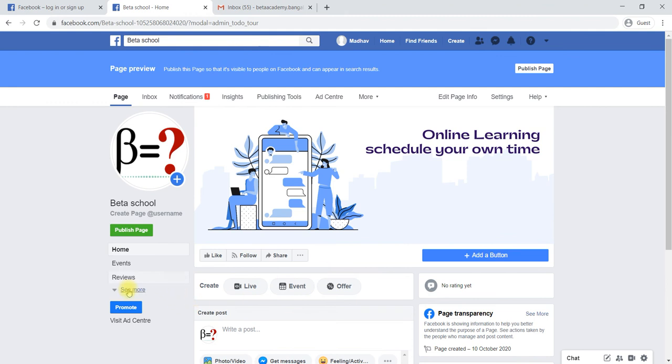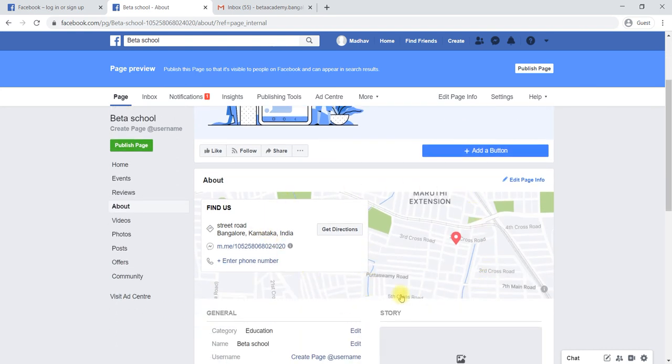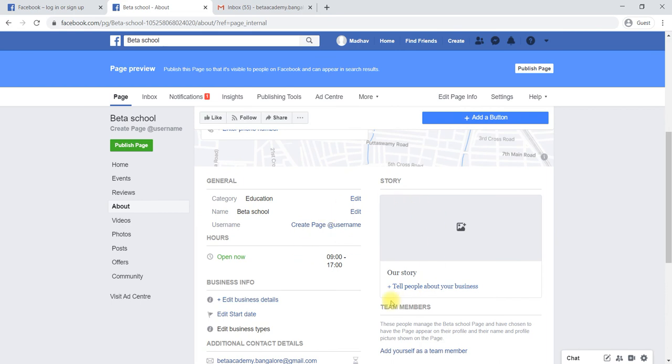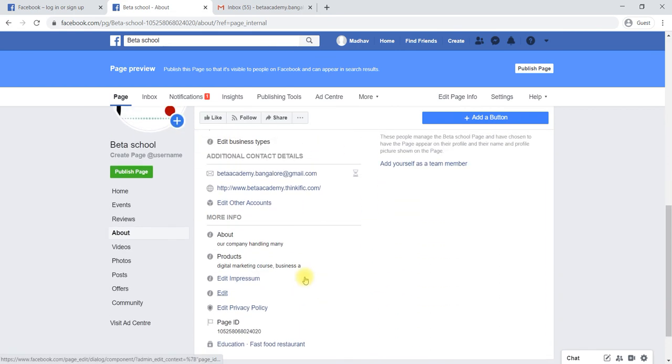Now if someone goes to About, about your company, you can see now everything is updated. Previously it was not there, now everything has been updated. This will be helpful, as someone can directly mail from here, someone can directly visit your website through here.